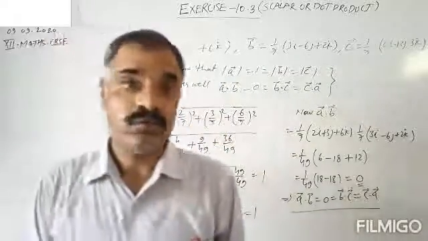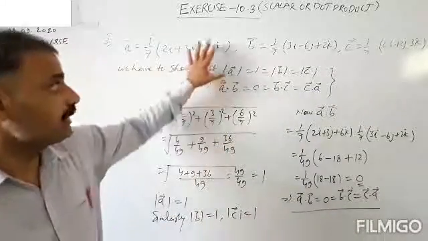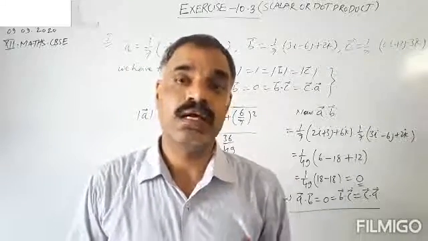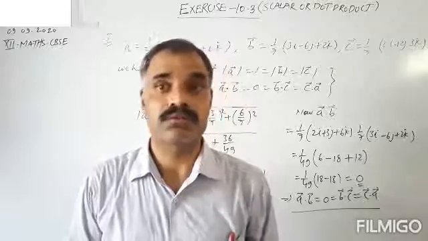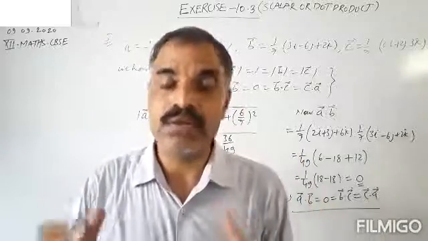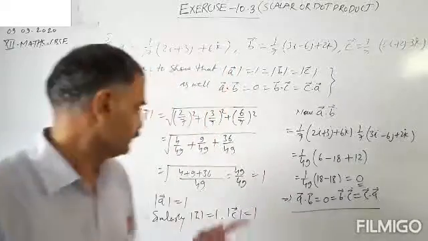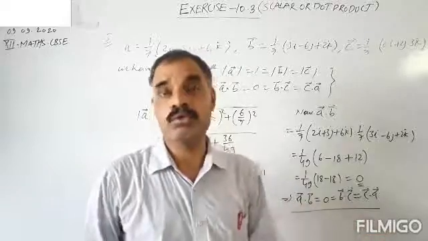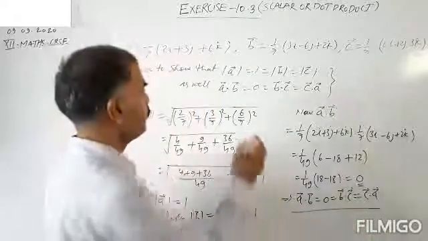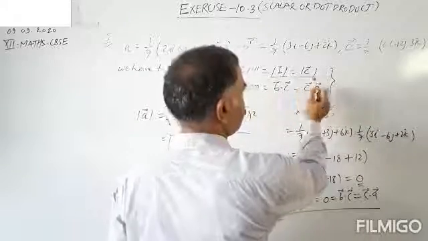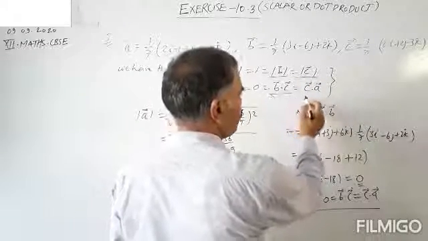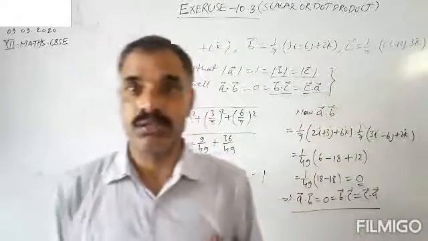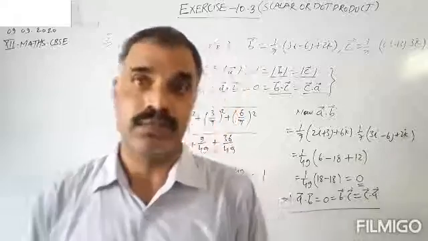So each of the given vectors is a unit vector, and they are mutually perpendicular vectors also. I have done only two parts, that is magnitude of A vector and A vector dot B vector equals 0. You have to do the four other parts: magnitude of B vector, magnitude of C vector, and the dot product of B vector and C vector, and of C vector and A vector equals 0. So this was question number 5.